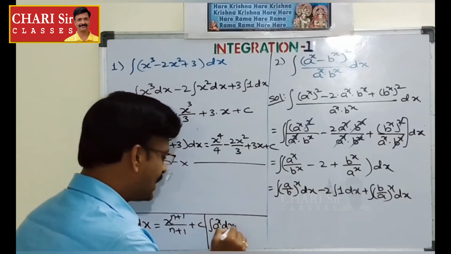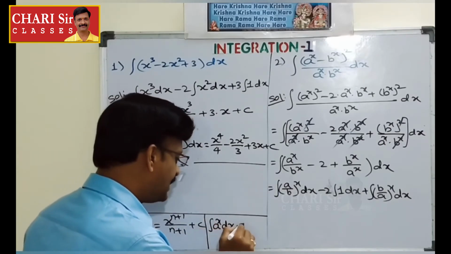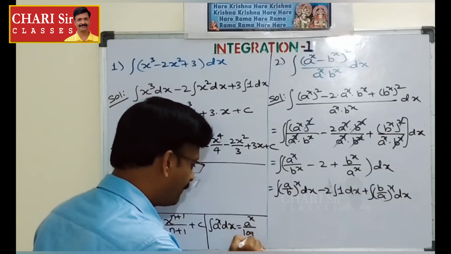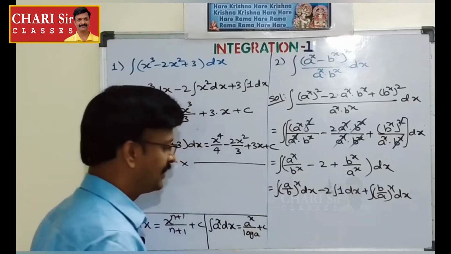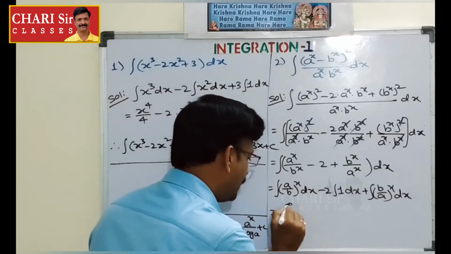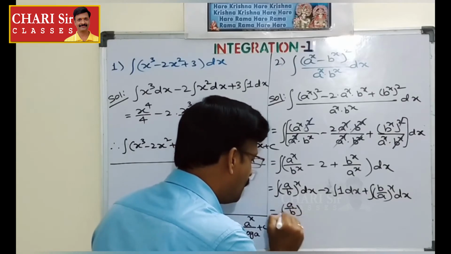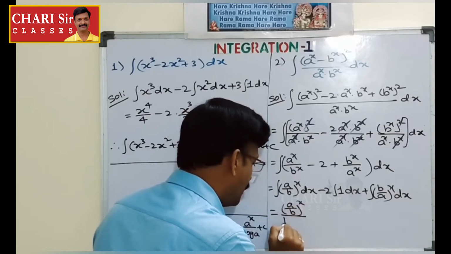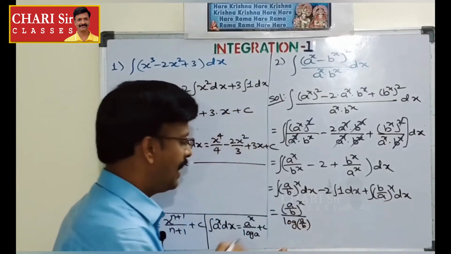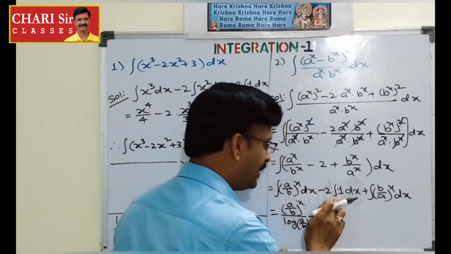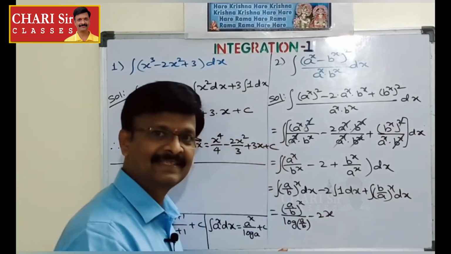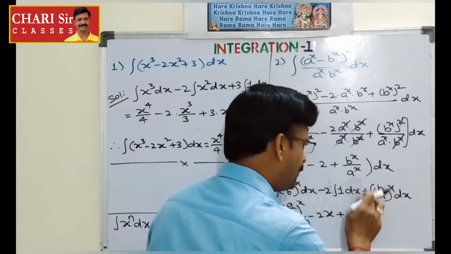Once you recall this, integration of a power x dx is what? A power x by log a plus c. Similarly, in place of a, if a by b is there, you can write here (a by b) whole power x by log of a by b. That's it. And minus 2 into integration of 1 dx. Integration of 1 dx is nothing but x,